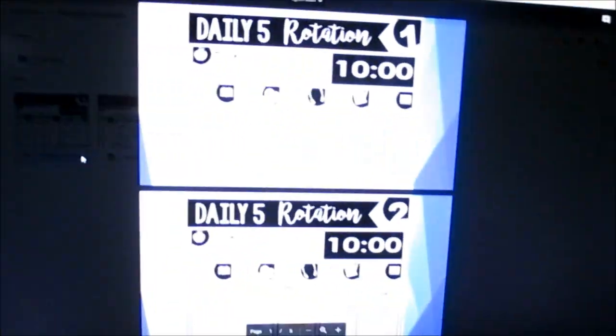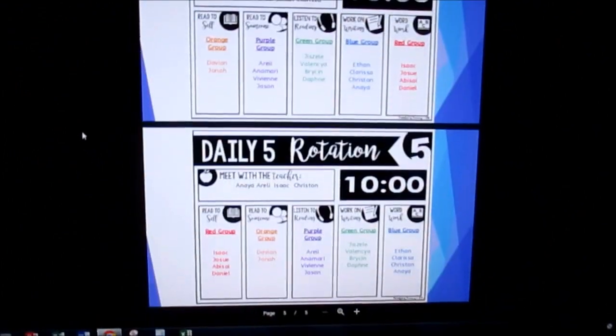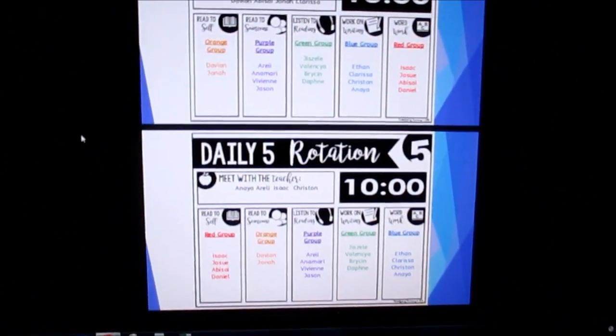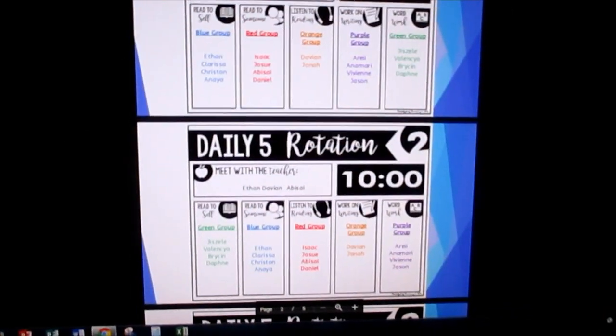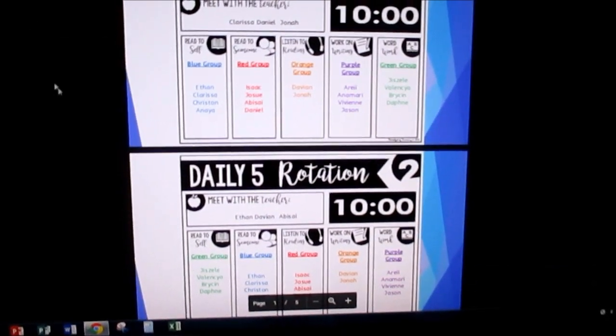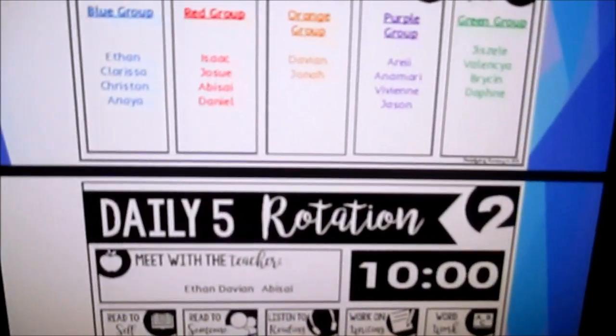Rotation schedule. It's on my Google Drive. And this is the old one, and this is the one that's on my drive. I purchased this from Michelle Ferrer, I think is her name, Pocketful of Primary. And these are my students from last year. This is not my current roster, but this is the one I'm using. But unfortunately, I don't have